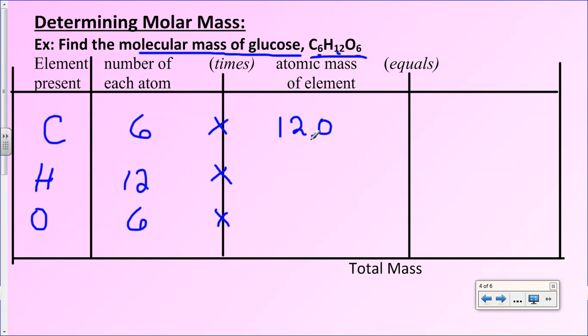And it's important that you put the 0.0 down. Later on, it's going to matter a tremendous amount that we are rounding properly to one place past the decimal when we're doing our atomic masses, because your calculations will turn out correctly. Trust me on this. So hydrogen, if we look up the atomic mass of hydrogen, is 1.0079. So one place past the decimal is where we want to round to, and it comes out to be